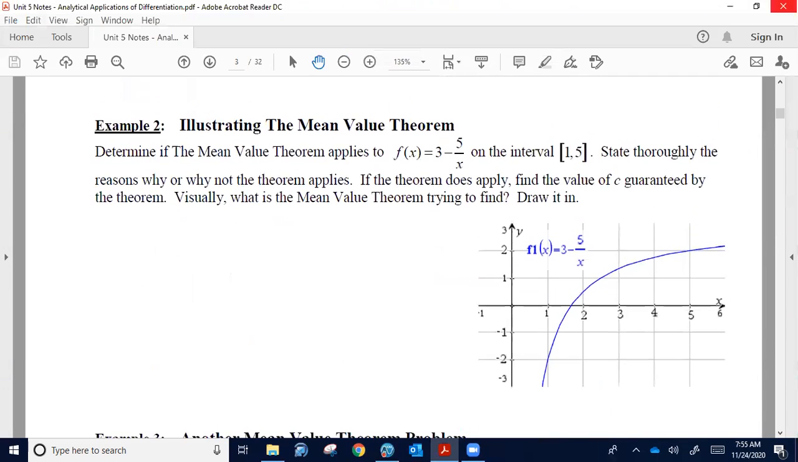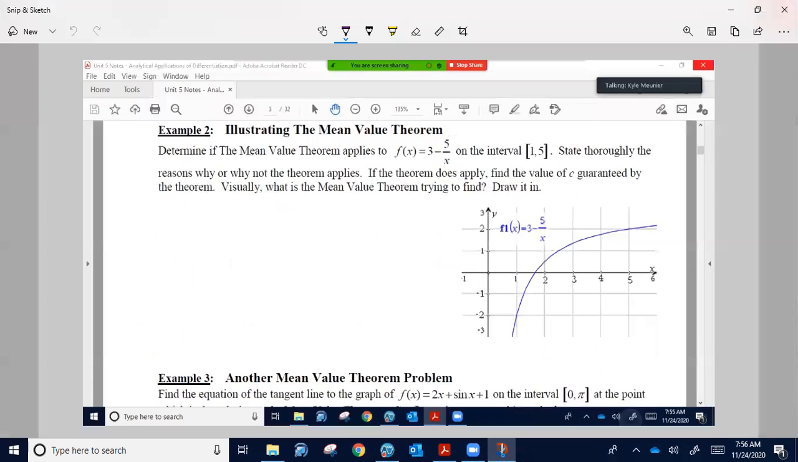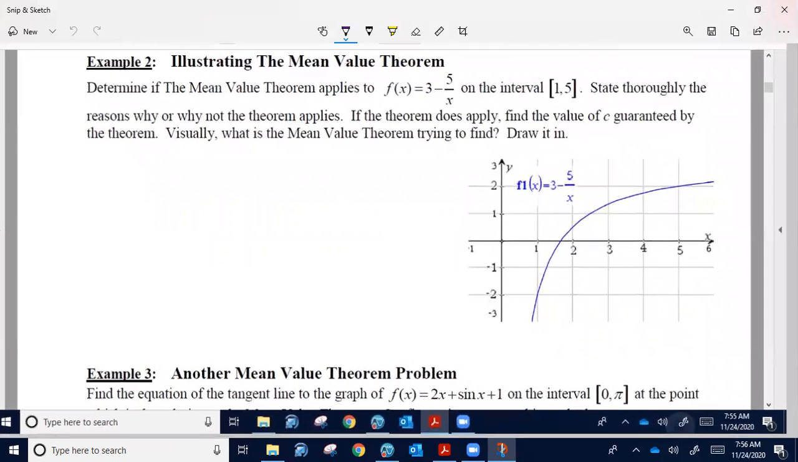So determine if the mean value theorem applies to the function f of x equals 3 minus 5 over x on the interval 1 to 5. State thoroughly the reasons why or why not the theorem applies. If the theorem does apply, find the value of C guaranteed by the theorem. Visually, what is the mean value theorem trying to find? Draw it in. So we have this function